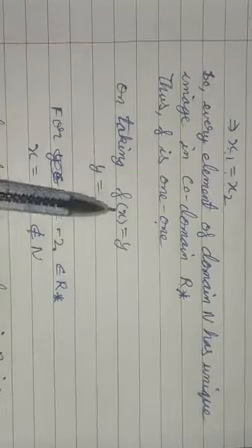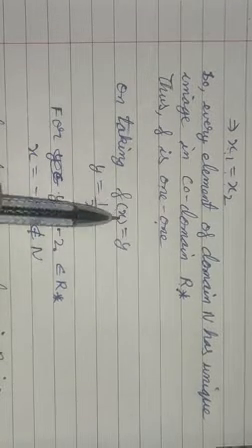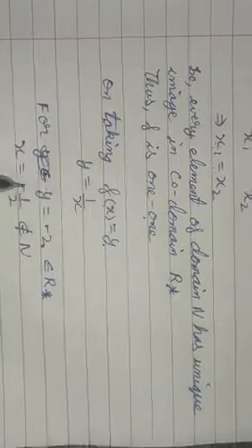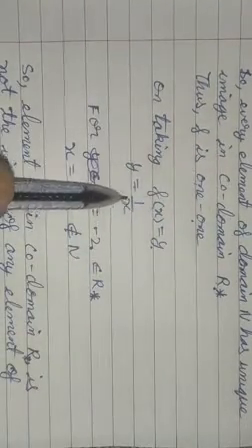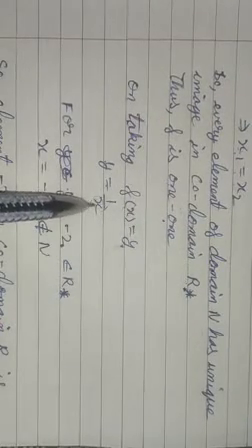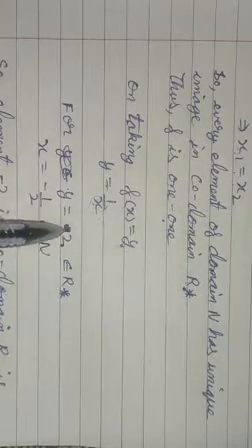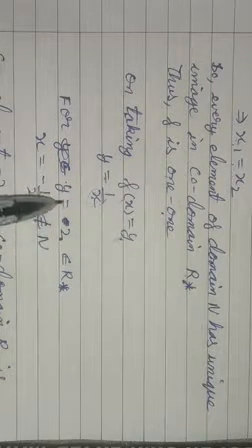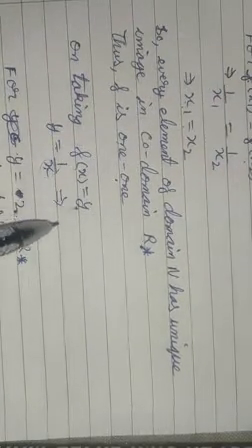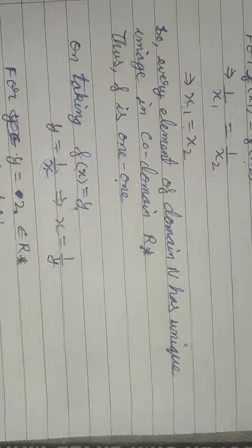Now, in order to prove onto, we are taking f(x) equal to y. If we take f(x) equal to y, then y will be 1 upon x. Now you know that x is a natural number. If you take any natural number x, suppose I am taking 2 as a natural number, so we are taking x. Now see here, f(x) equal to y, where y will be 1 upon x, and this will give us x equal to 1 upon y.